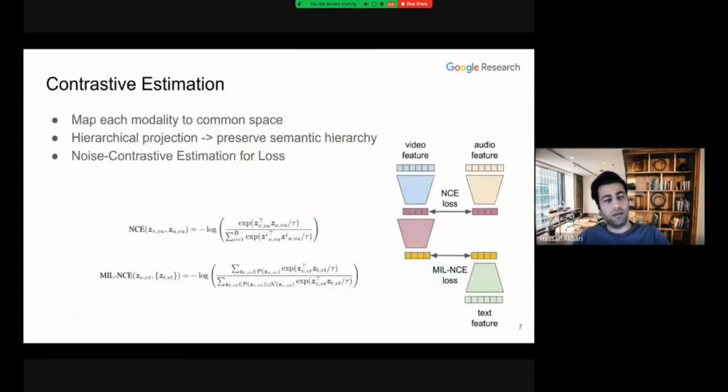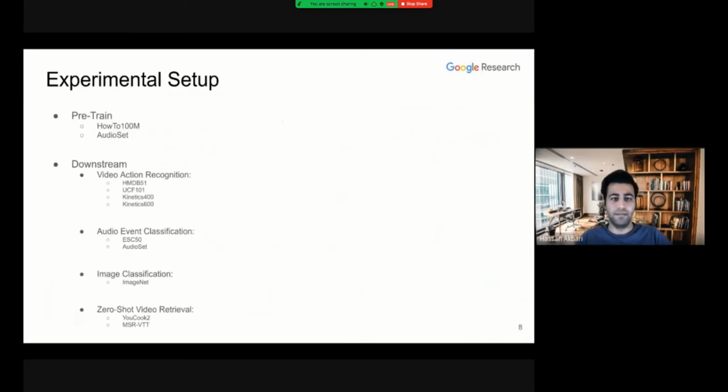So the contrastive estimation is basically minimizing the noise contrastive estimation between video and audio features in a common space, and also minimizing the MIL-NCE between video and text features in a common space, which is a pretty common contrastive learning pipeline. So we pre-train our model on large-scale datasets, 500 million and AudioSet. We basically combine them and sample from them equally, and evaluate this model on a variety of downstream tasks, including